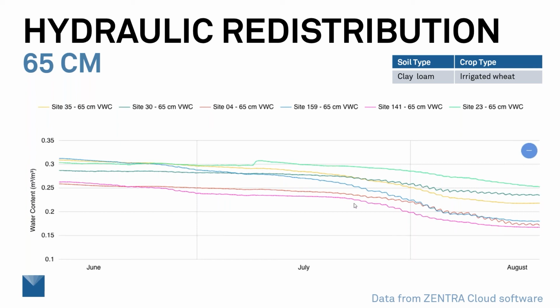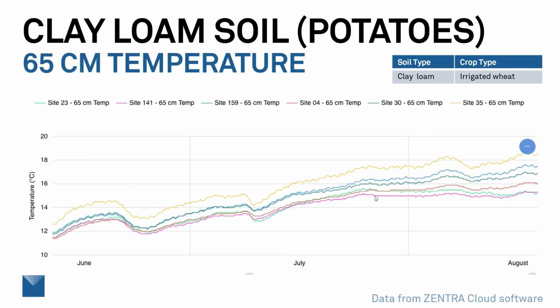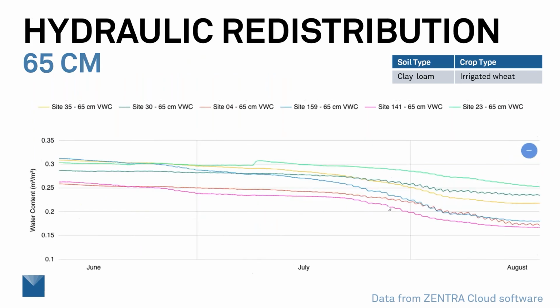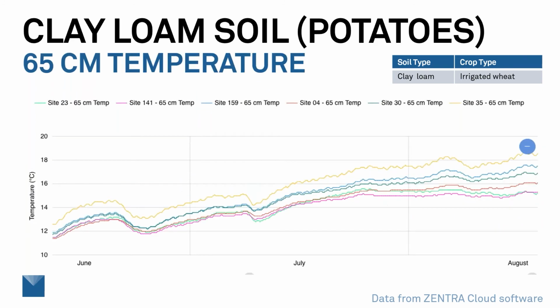And just one final thing to try to prove my point here. If we look here at the end of July data, the stair stepping down in this pink line here, and then compare it to the temperature, notice here that same temperature at 65 centimeters is almost completely flat. It's not a wide range of temperatures anyway, but we see a flat line here and this diurnal change here, not, in my opinion, related to temperature.